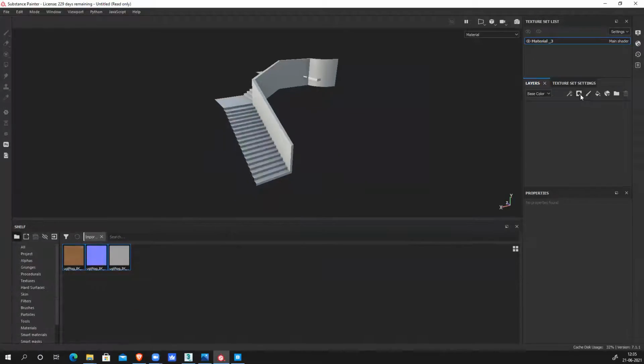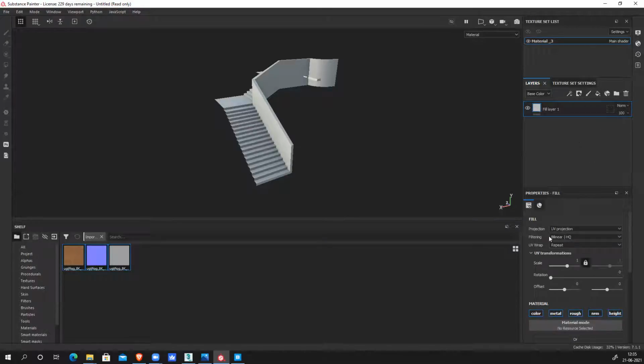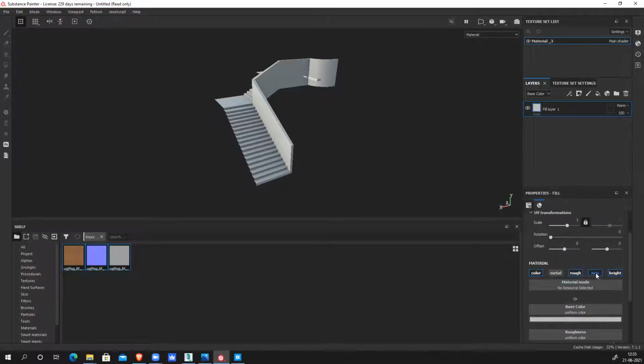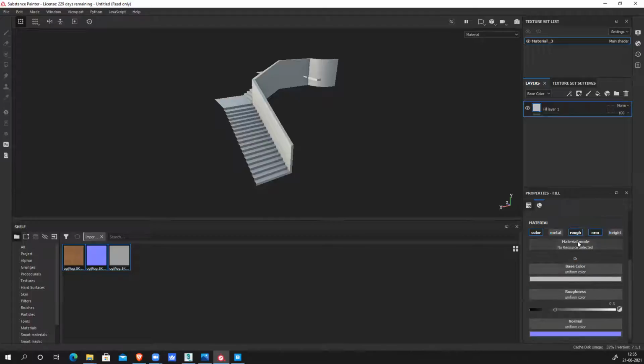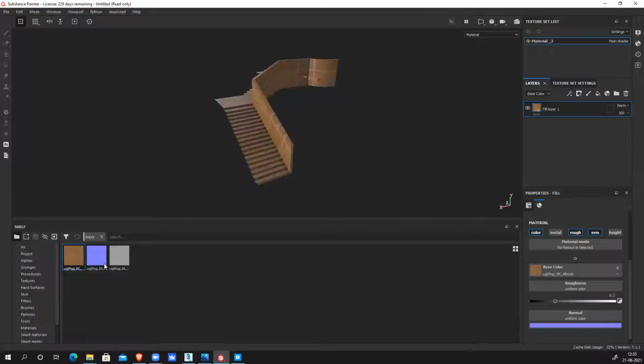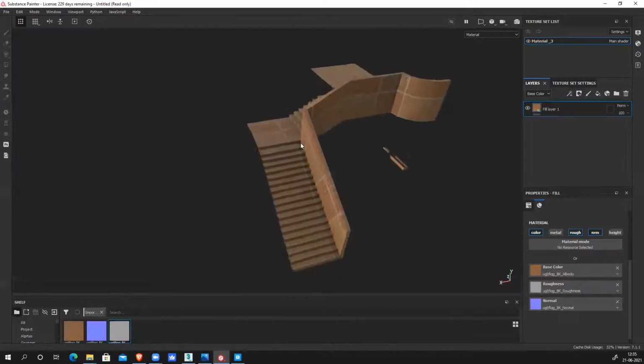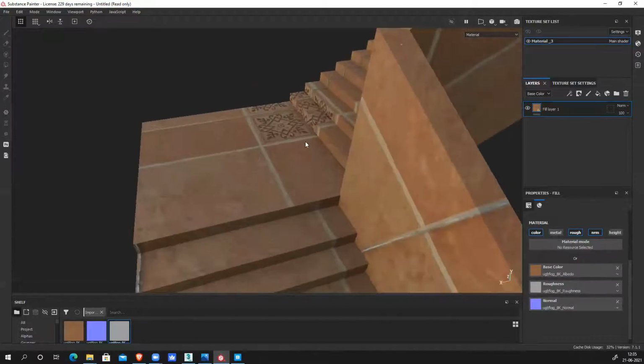So I'll apply this. A new paint fill layer. No metal, no height, only color, roughness, normal. Color to color, normal to normal, roughness to roughness. And this is supposed to come here only.